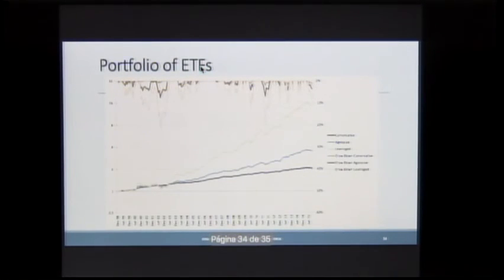I will go fast. Here it's the same thing done with ETFs. So this is very liquid. This is an actual trading strategy, very tradable. Again, this is using very conservative parameters for the portfolio. I'm very focused on the Calmar ratio, which is a ratio between the performance and the maximum drawdown. And the Calmar ratio in all cases is above 1.